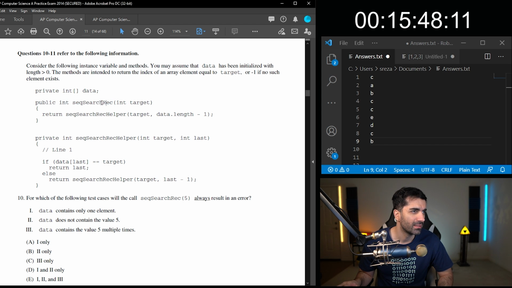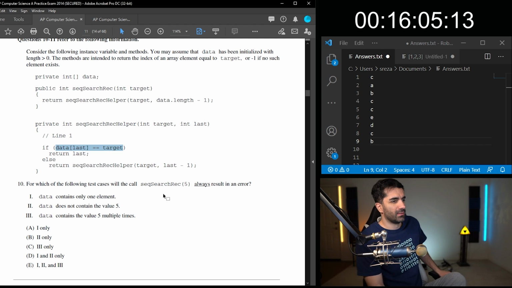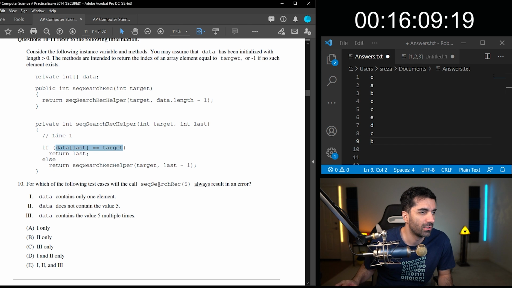We have this here, which calls the helper. And the helper is a recursive function. This is the base case, okay. So which of the following test cases will the call seekSearchRec 5 always result in an error? Data contains only one element.